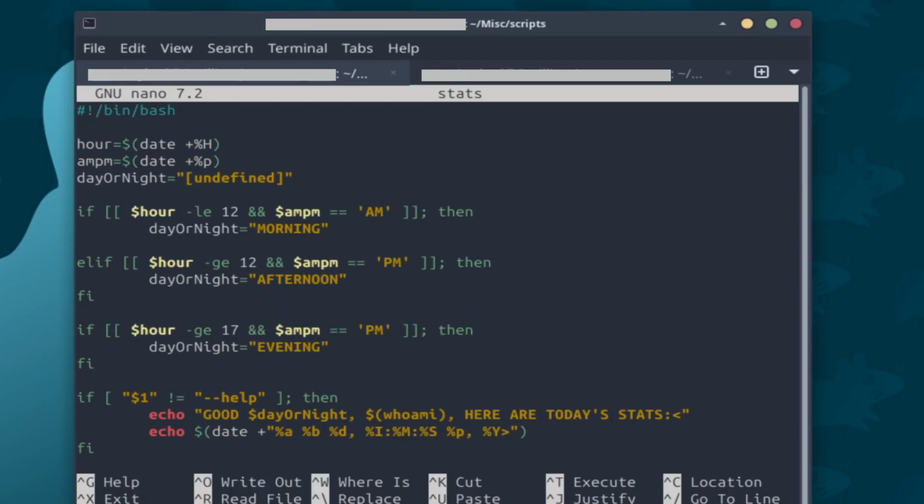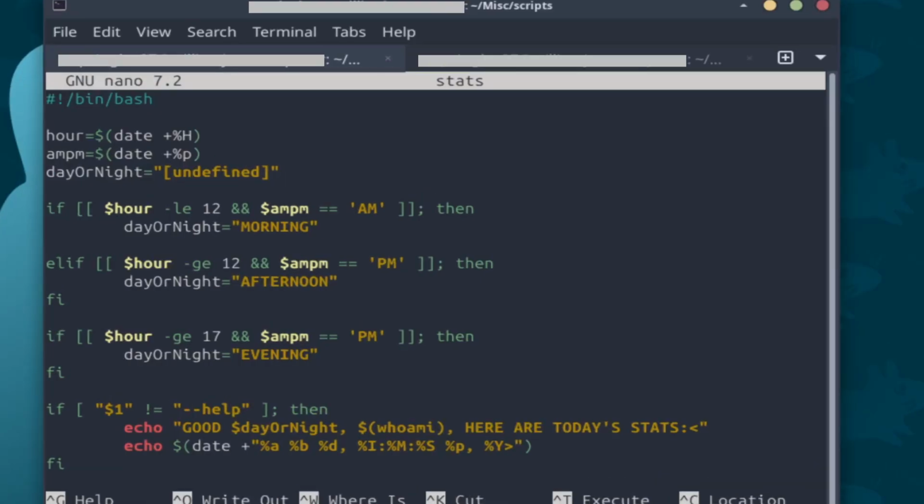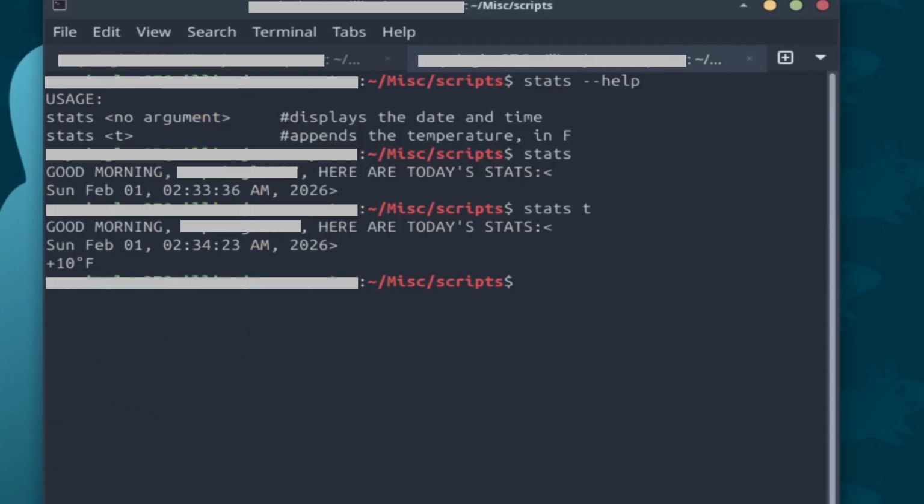Let's say up here, I was talking about the date function earlier, where the value that it returns is being assigned to the hour and the AM PM variables. Well, for example, let's say that I don't know what the heck plus percentage capital H or percentage lowercase p is, right? So let's say I literally don't know what it is. Well, let's go back to my other tab, and you can do the exact same thing that I did